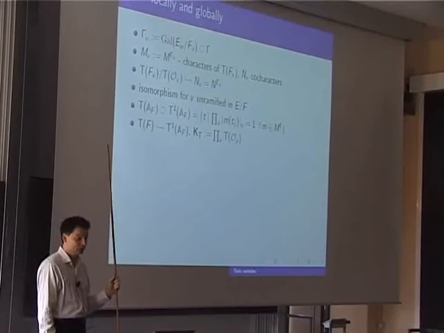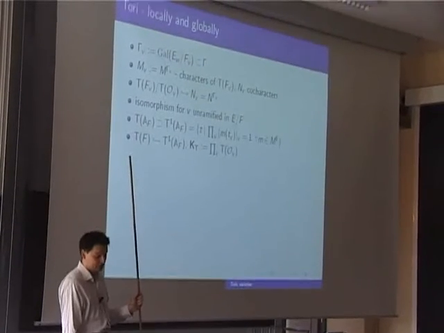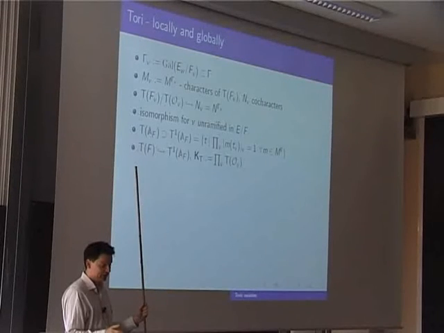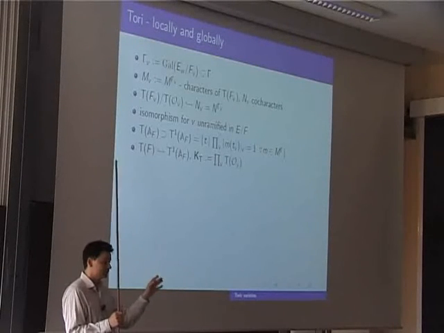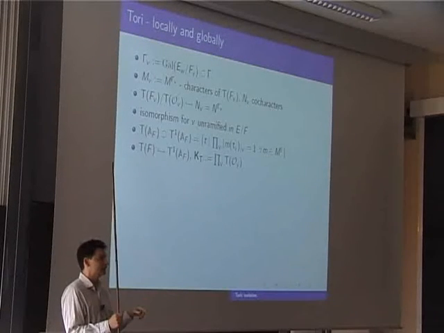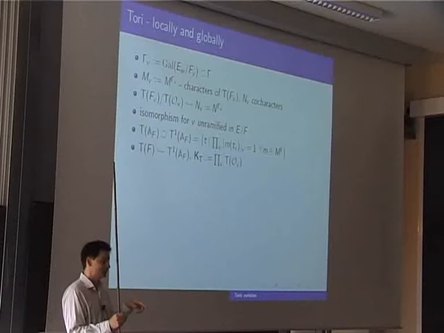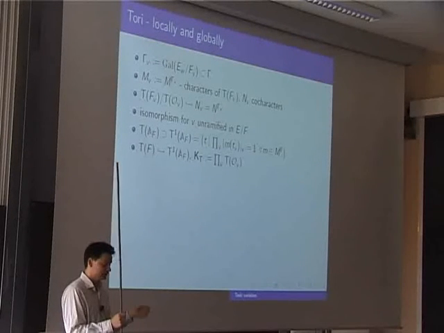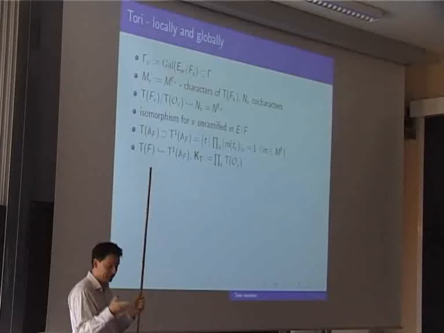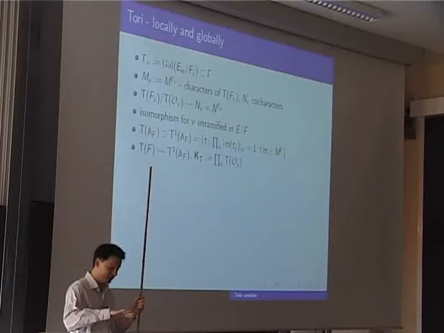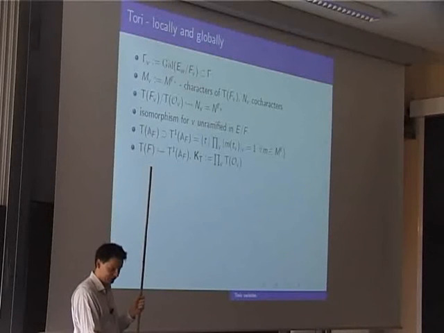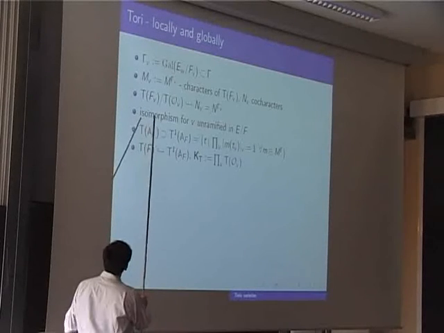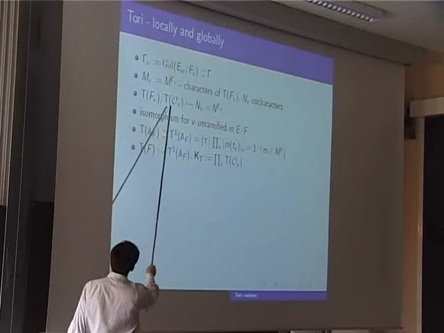So locally and globally, we have extensions of local fields, we have local Galois groups, and then our lattice M of characters carries the action of Gamma, but it also carries the action of the local Gamma_v. So we have all these different groups acting on the lattice, and we look at the invariant sublattices, and so on. So relevant for us is that we have a map from T points modulo